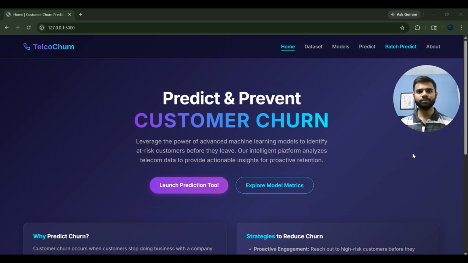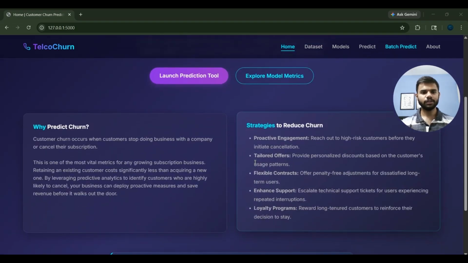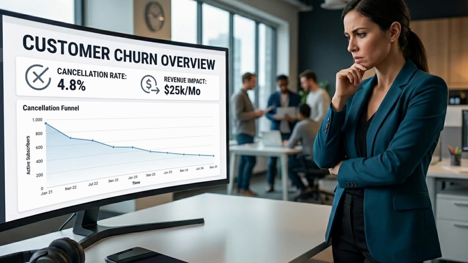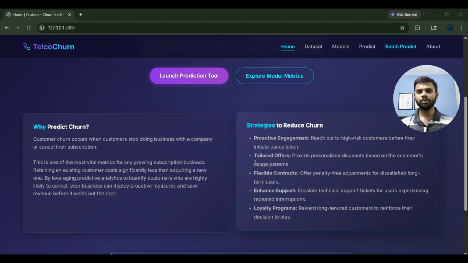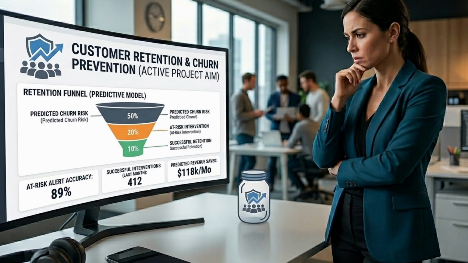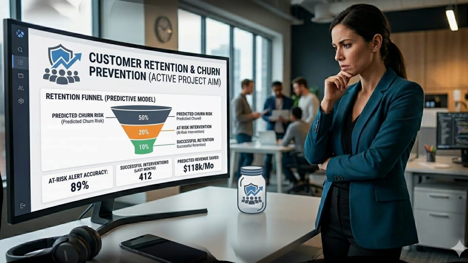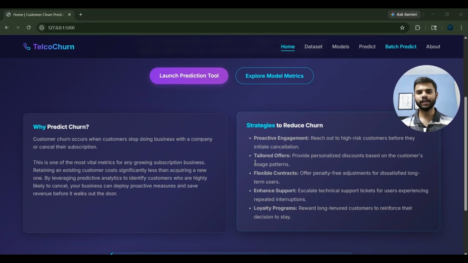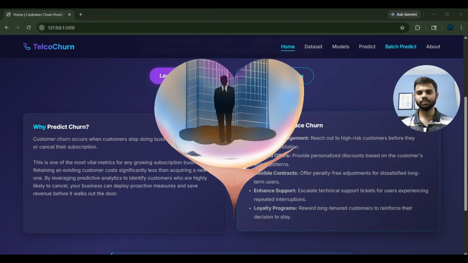Now before directly jumping into project prediction, I would like to give a basic idea about what customer churn really means. Customer churn occurs when customers stop doing business with your company or they cancel their subscription. The main goal of this project is not just prediction, but actually preventing customers before they churn out. The idea is simple. Using machine learning, we can identify customers who are likely to leave, so business can take actions before they lose